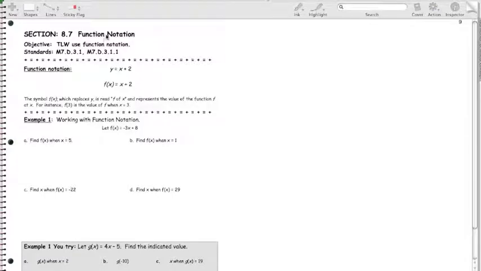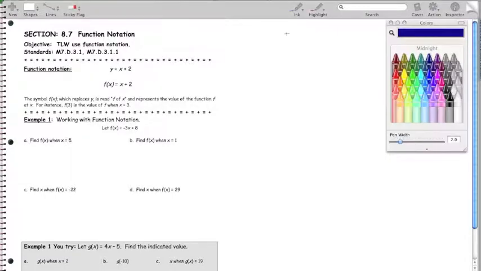Okay, section 8.7, function notation. Now notice this is 8.7. We pull it towards the end because we're going to change gears a little bit, but not drastically. But if we keep it where it's at, it can be a little confusing, more confusing than it needs to be. So, all right, the concept of this lesson is that the downside is we're going to change something we've